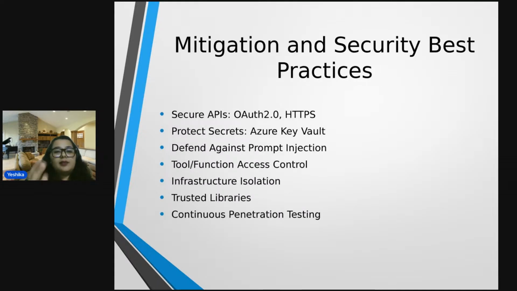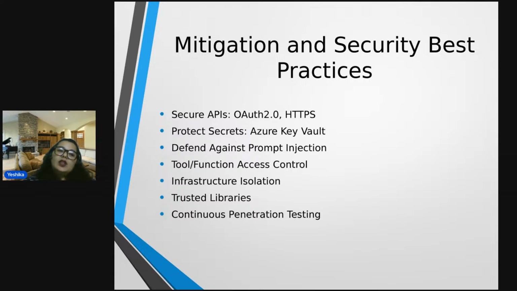Okay, then here comes the part with which you can be safeguarded, or you can protect your agents or AI services that you have been providing. Securing your APIs with OAuth 2, or utilizing a secure protocol for all the communication that is taking place.